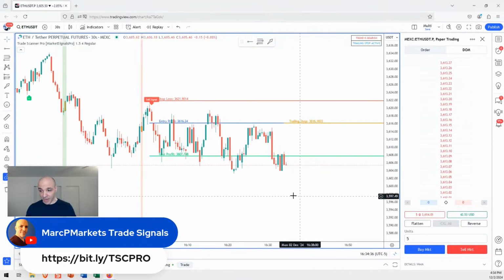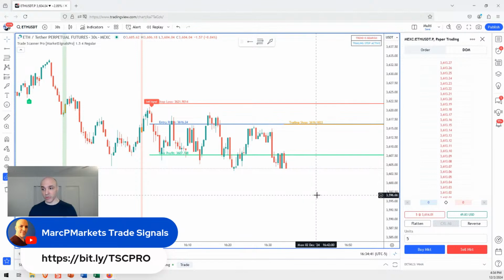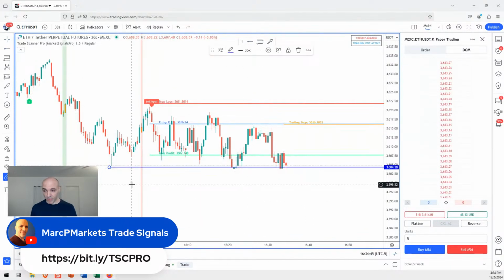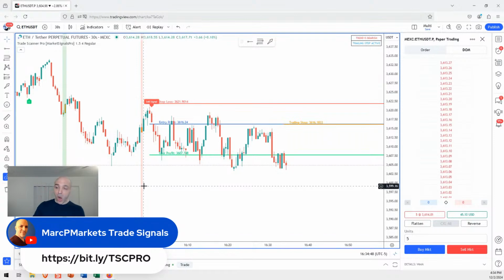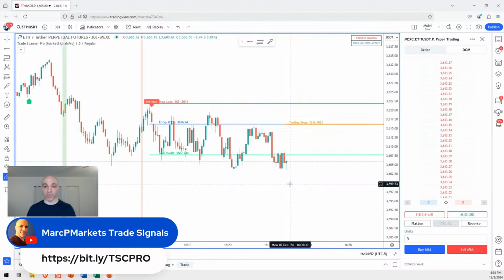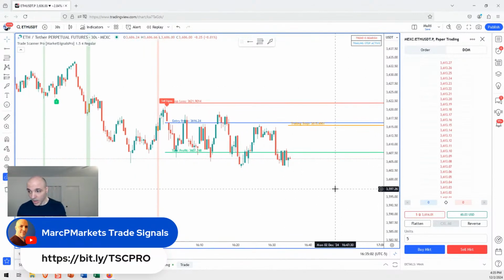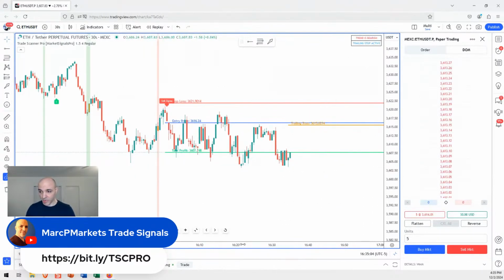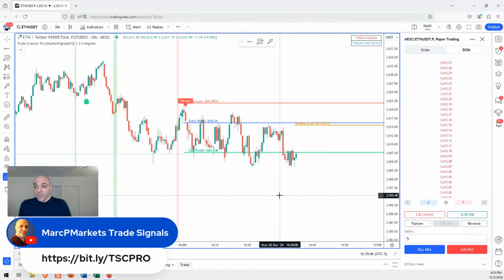But I have to say, I'm confident that if this support is cleared, we're going to see a push. Because again, all the clowns are long. You have all the sheep that are long here because my RSI says go long. So they're all long here, and when it breaks, all the stops get cleared. That's what happens. I could be wrong. Maybe they hold, and maybe it breaks the other way. That can happen. But this is the side that I'm betting on, and we'll see. I'll give it a little bit more of a chance.